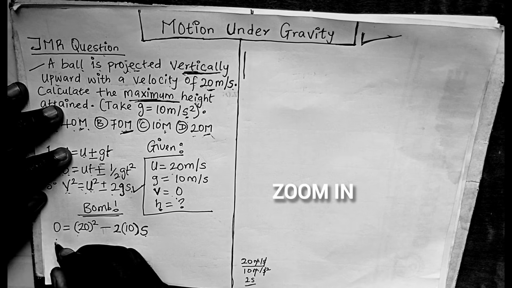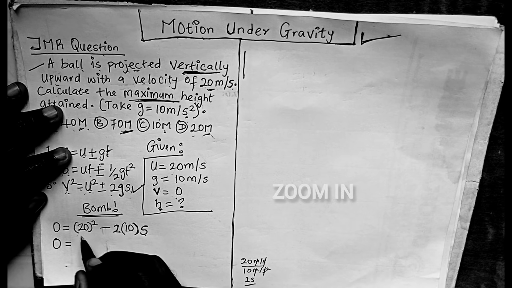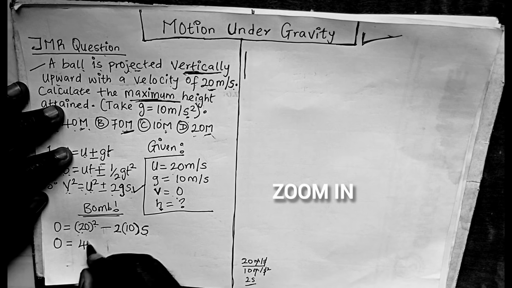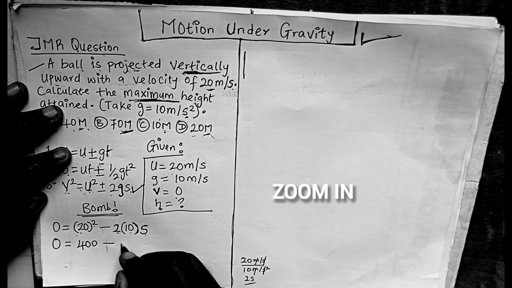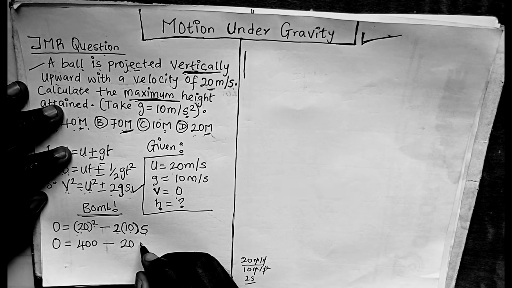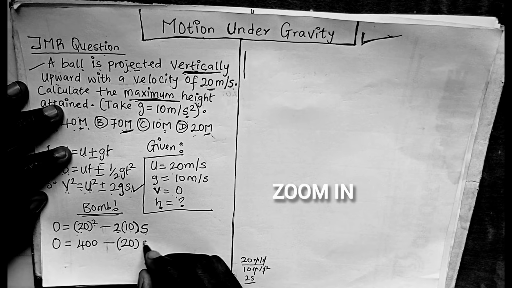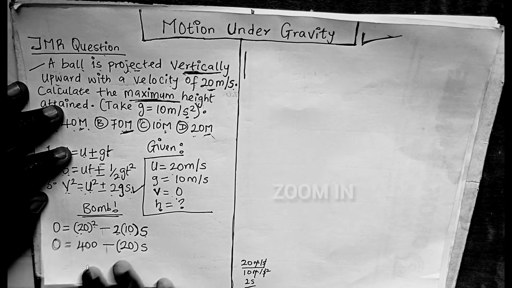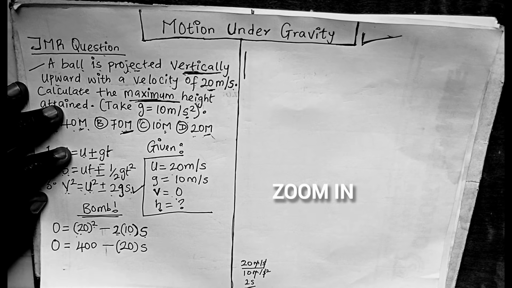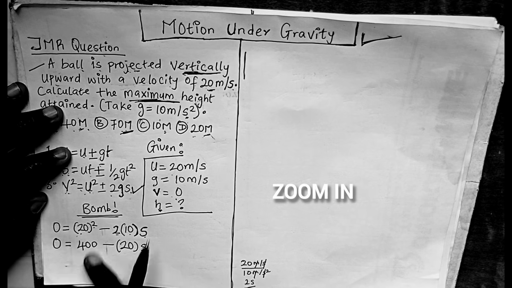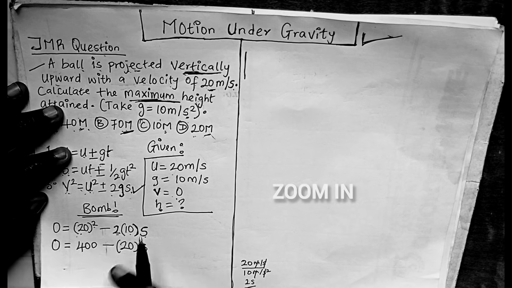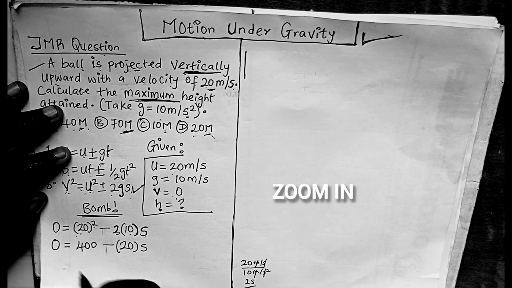If we solve this, we are now going to get 0 is equal to what? 20 times 20 is 400. Minus 2 times 10 is 20. Then we get s here. Put it in brackets to avoid confusion. s, we are looking for this. So what are we going to do here now? This 0 now is nowhere to be found. We are going to do something simple here. So we are now going to be left with, therefore,